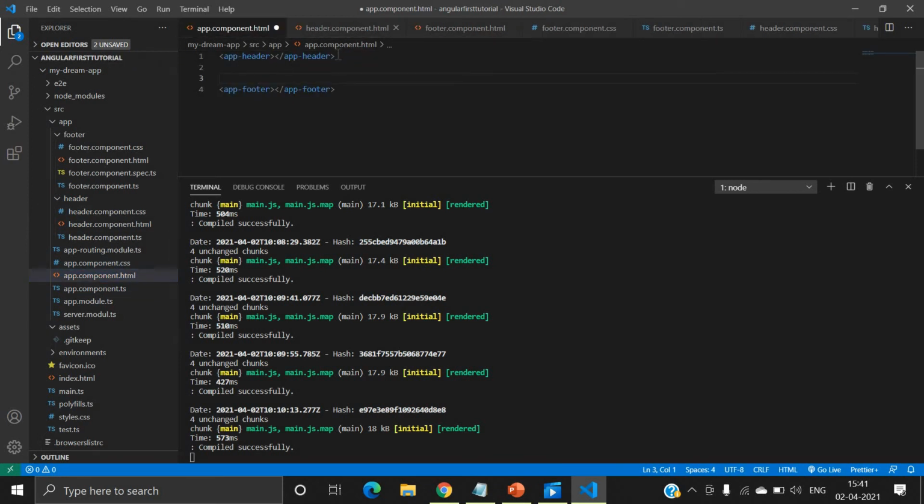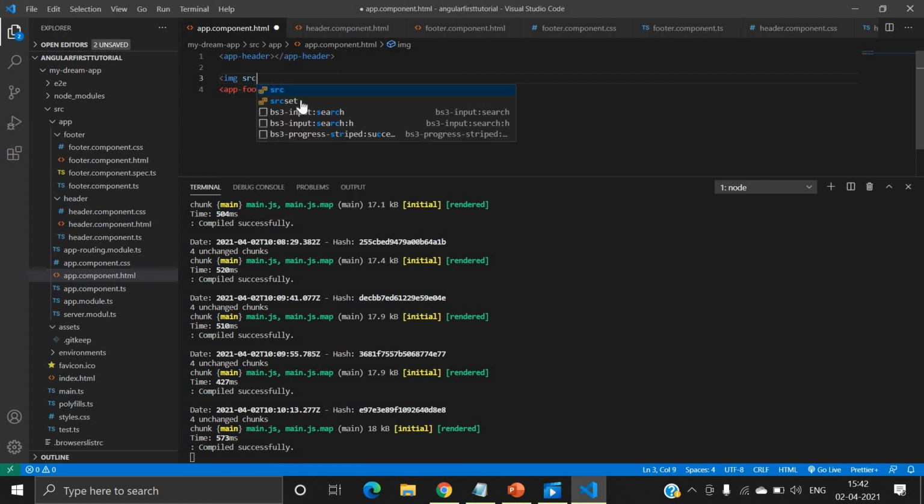app.component.html, because this is a header part and this is a footer part. I want to display this image between the header part and the footer part. I will use an image tag here.